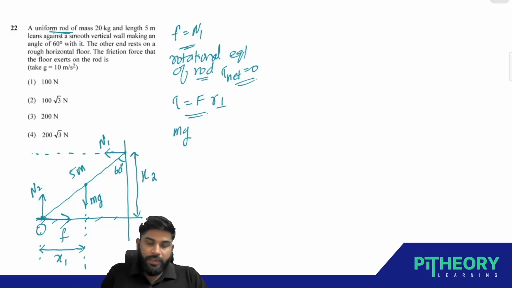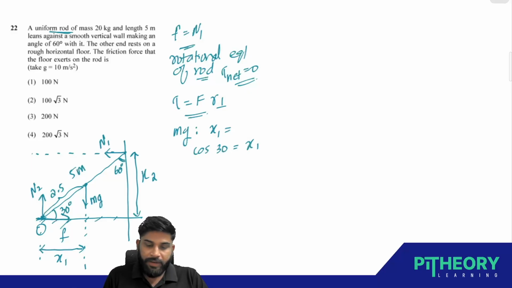Okay. So in the case of mg, if I'm taking x1 as the perpendicular distance, how much will that be equal to? See, the top angle is 60 degrees, so this angle will be 30 degrees. Obviously, at O, the rod making angle will be 30 degrees, right? So if we want to find x1, how do we find it? We know this distance is exactly at the center, so this will be 2.5. If I find cos 30, what is cos 30 equal to? Cos 30 is nothing but x1